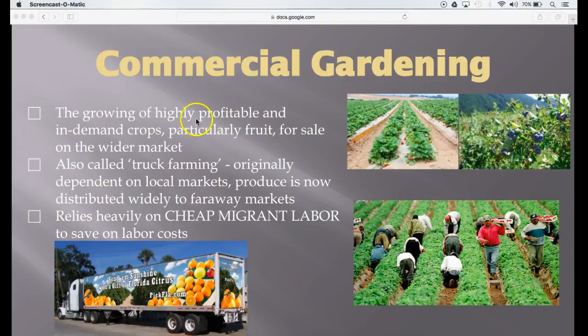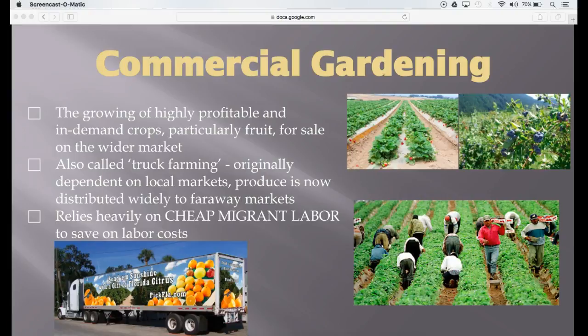For the most part, this used to be a very local kind of agriculture where you would grow it and you would sell it to people local. Now it's a little bit wider with modern transportation. People have diffused ideas of the kind of fruits and vegetables they want. This has spread throughout the United States. So something that used to be only grown in Washington might now be still grown in Washington, but now sent over to Missouri or Wisconsin or Iowa because many different people now want that kind of fruit or vegetable throughout